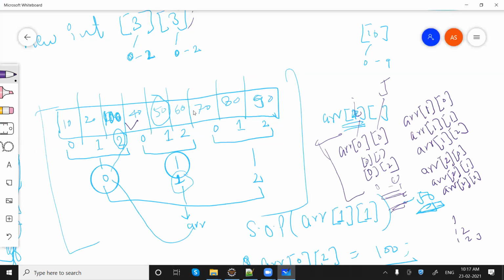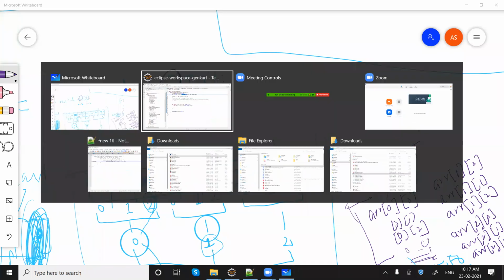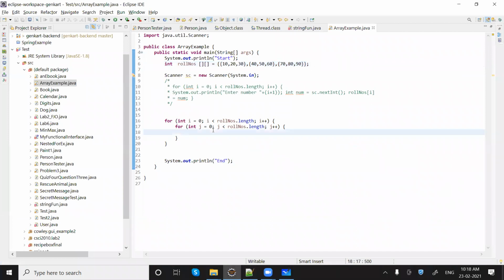We have an array of 3 by 3. So whatever length we have at this point will be considered as the array length. Because both are the same, there is no impact in this program. Let me just quickly run it and then I'll make it 3 by 2. Then you will see the difference. Or 3 by 4.